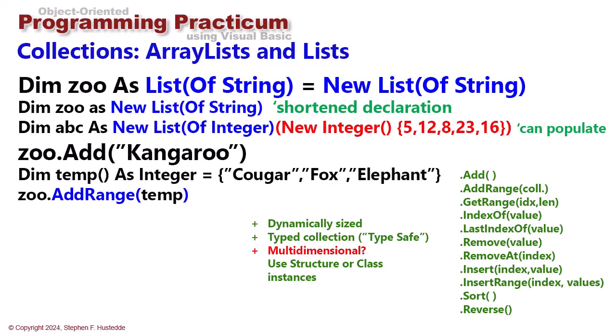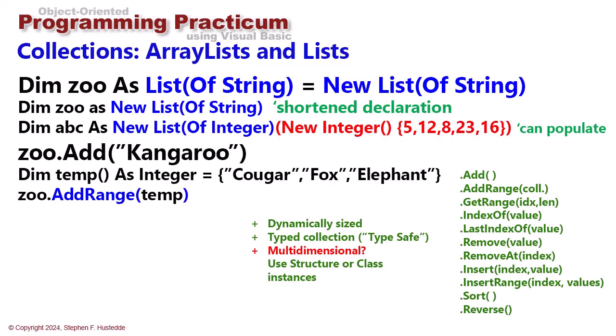So I have parentheses there being 5, 12, 8, 23, and 16. And those values would go into my list named ABC. As we did before, we can use the add command to add items into our list. And of course, I can also create a new collection and add that as a range, as we did with